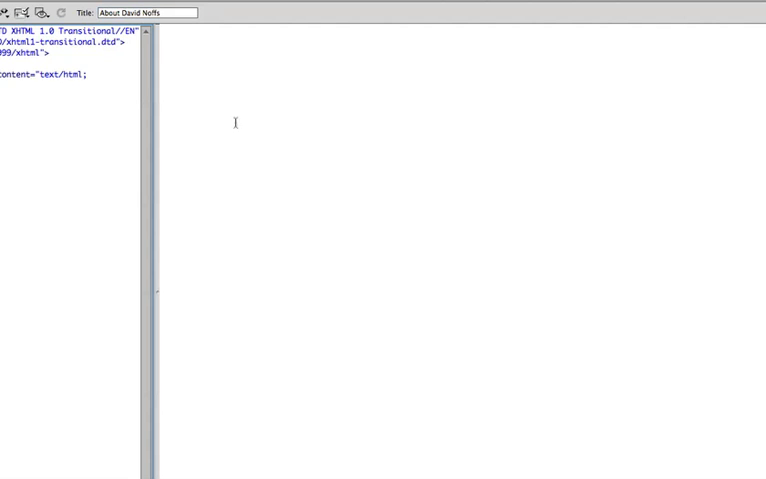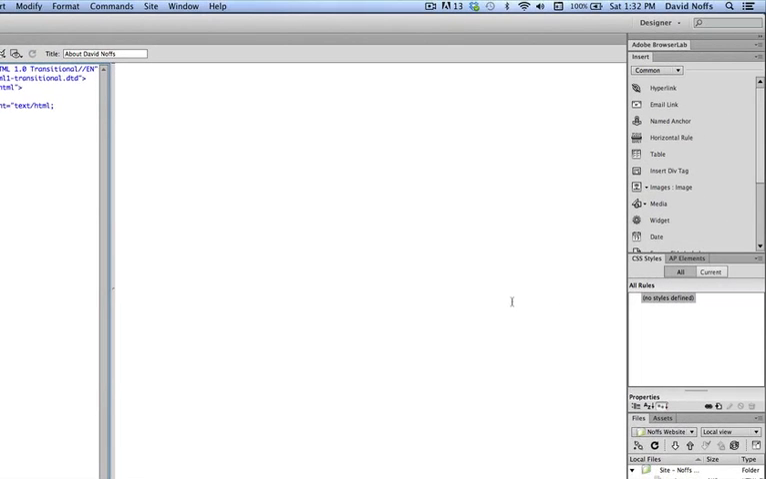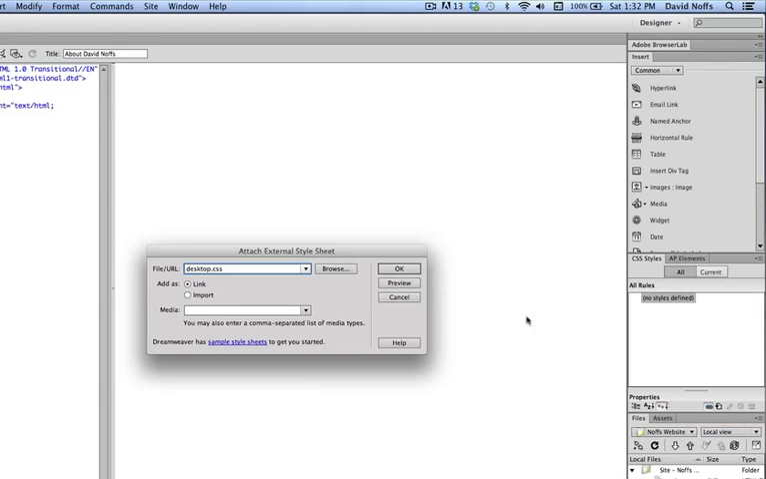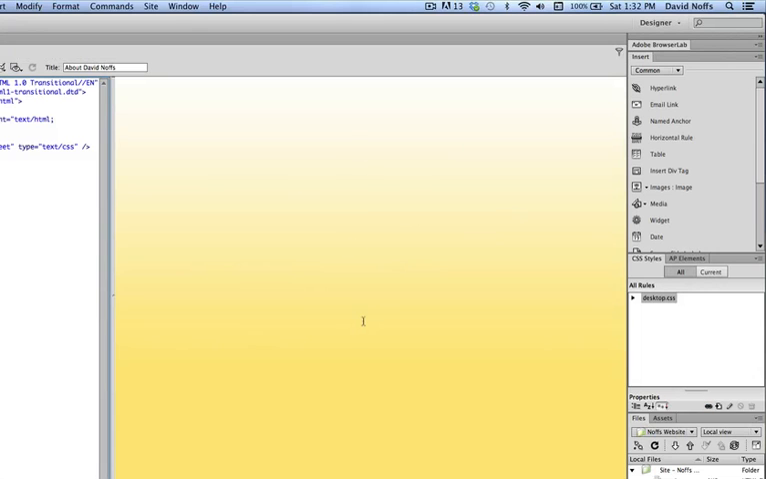Then I am going to attach the style sheet to this page, the About Me page. And you remember in a previous video we did this, but I'll go through it again. To attach the style sheet, we go over to the CSS Styles panel and click on the small link tool down here. And it pops up already with desktop CSS, and that's fine. That's what I'm going to attach it to. Click OK. And there's my lemon colored gradient there, so it tells me that the style sheet has been attached